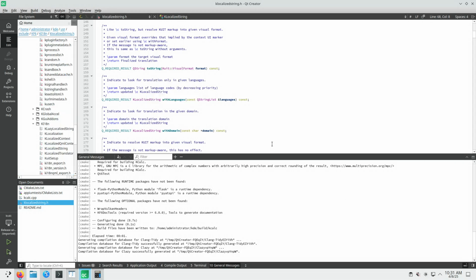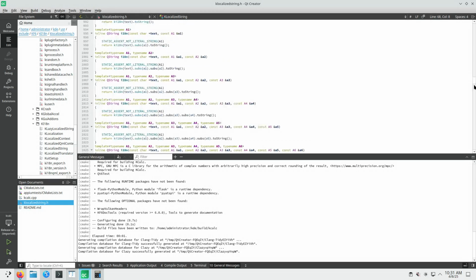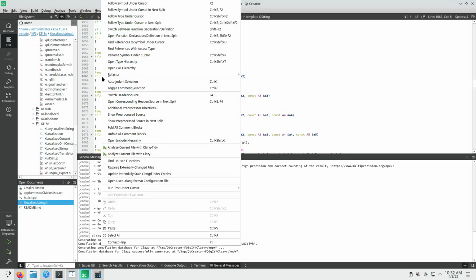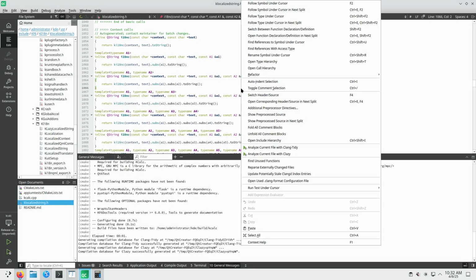This is an integrated development environment. It does what you would expect out of an integrated development environment, such as opening files, a text editor, text viewer, syntax highlighting, collapsers, breakpoints, debugger, runner. It knows how to run CMake configure, maybe bookmarks, a huge context menu in the text editor,